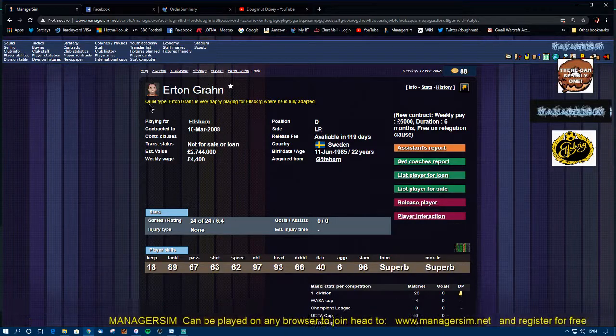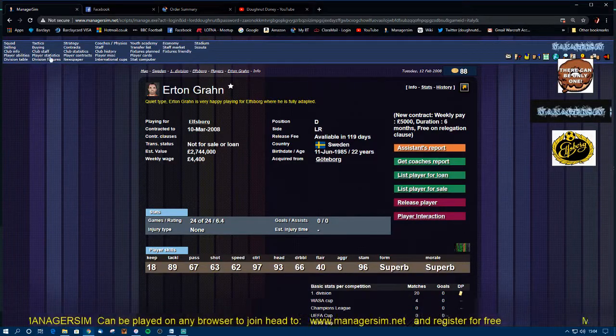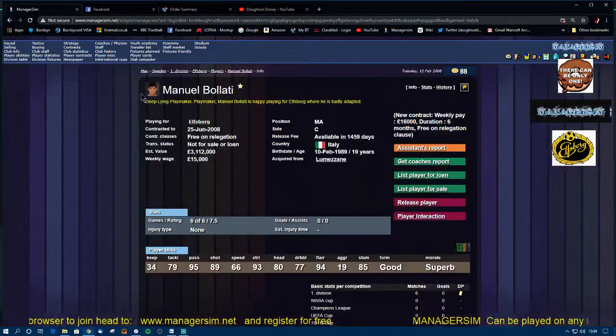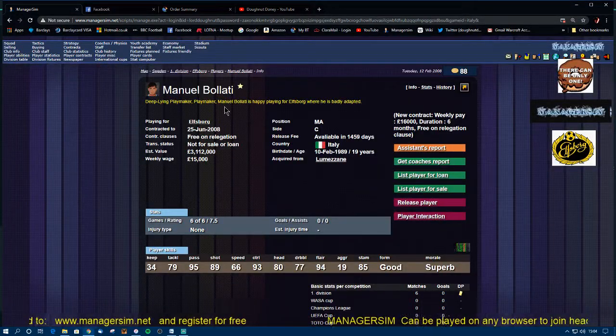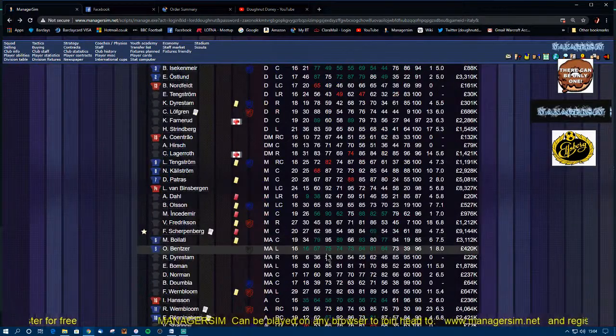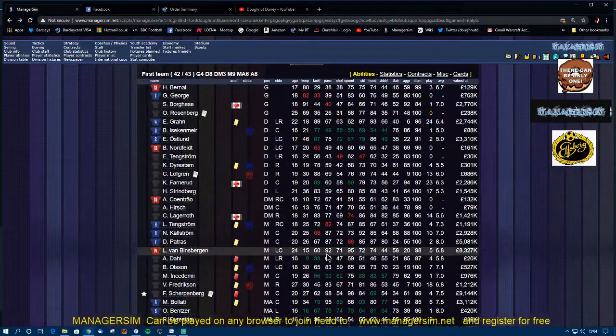Yeah, like for instance, the quiet type. He'd be okay as a captain, but it wouldn't be a very good motivator, so I'll count him out. Deep-lying playmaker, so a captain would have leadership skills up here, and I've got no one at the moment. But I've got a very youthful side, so